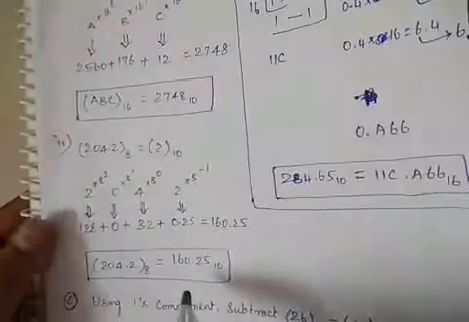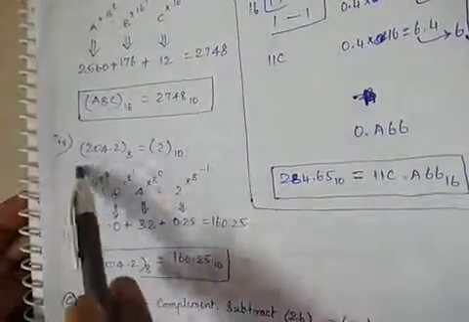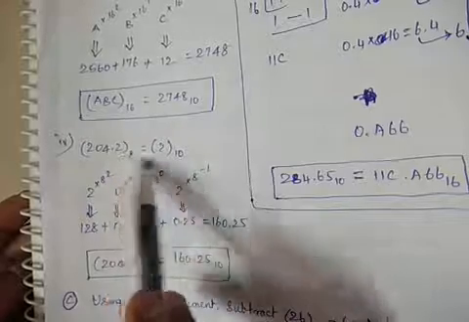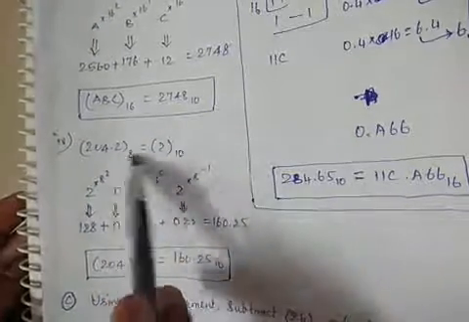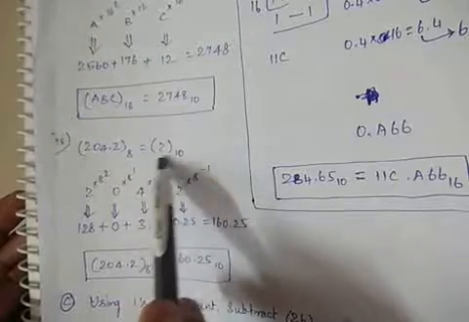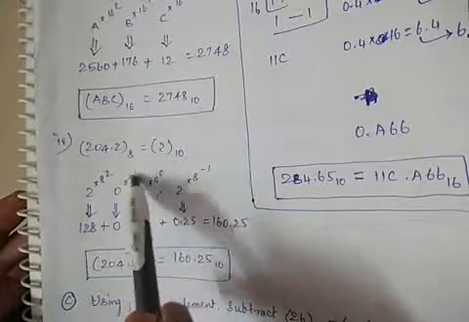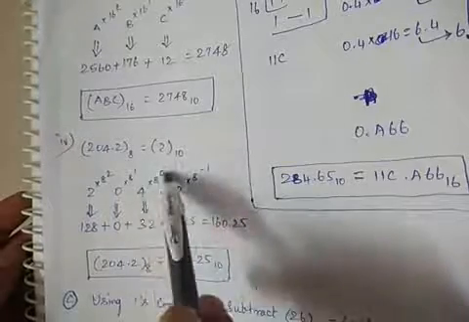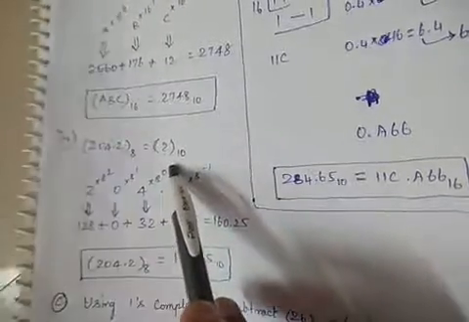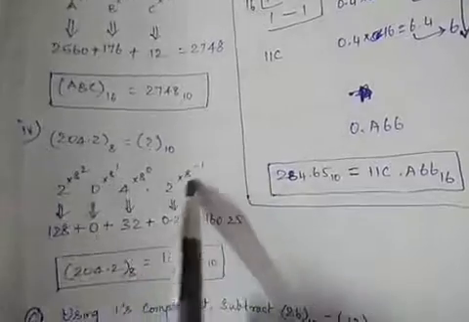We'll see the fourth problem. 204.2 octal number is given. We need to convert octal into decimal. So whenever you want to convert into decimal from any other system, what is the method? You need to multiply the digit with respect to their position values. So multiply the digits with their position values.